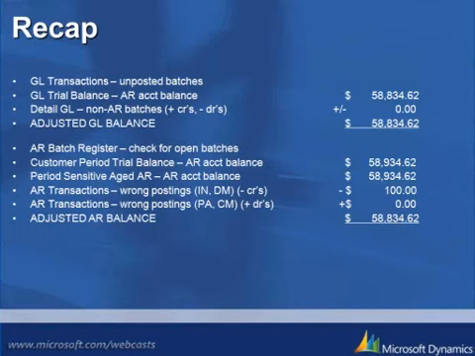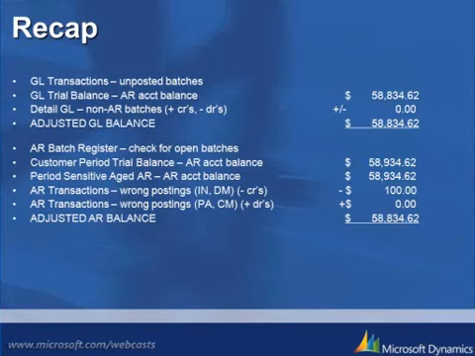On the AR side then, we would have already checked the batch register report, so you can either use customer period trial balance or period sensitive aged AR. Either one of those if you're reconciling a prior period. If you're reconciling your current period, it would be the customer trial balance or aged AR report. And from either one of those or both of them, they should match. You can grab your AR account balance. And from our AR reports, we grabbed the